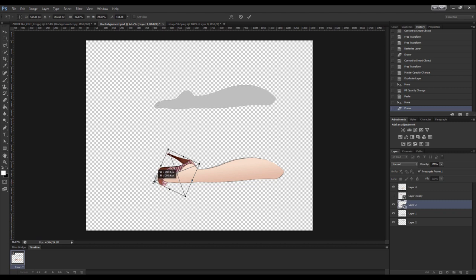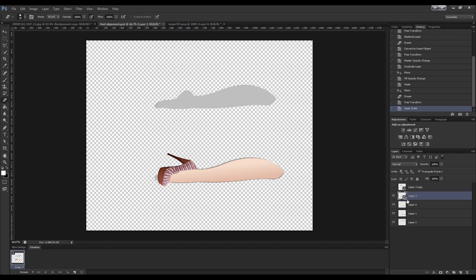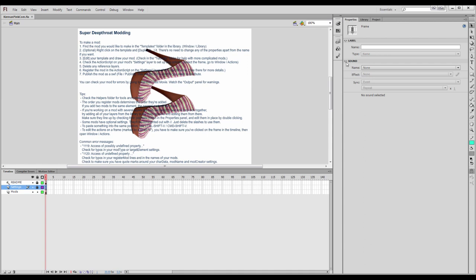This is much more realistic. It's pretty ridiculous how big I have to make the heels just to fit the damn toe. So you can make more realistic heels, and for that you would make a